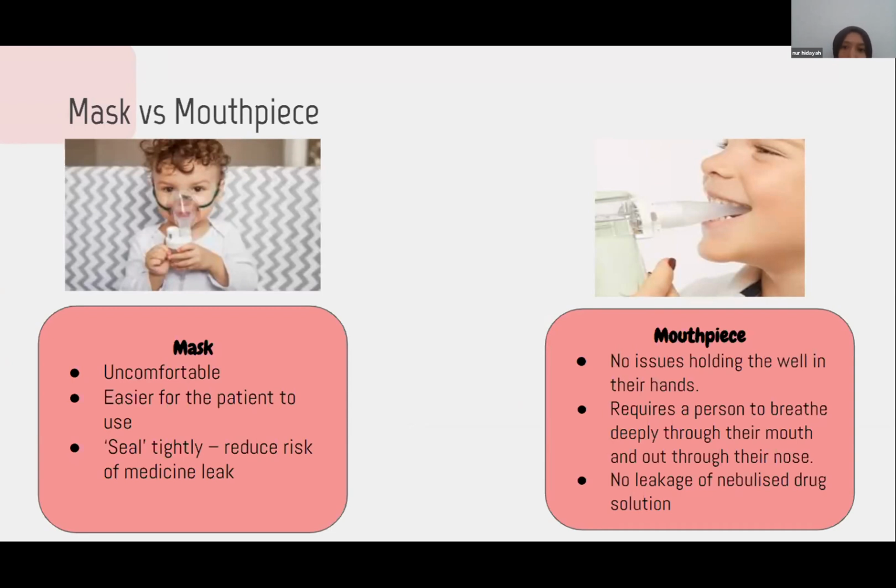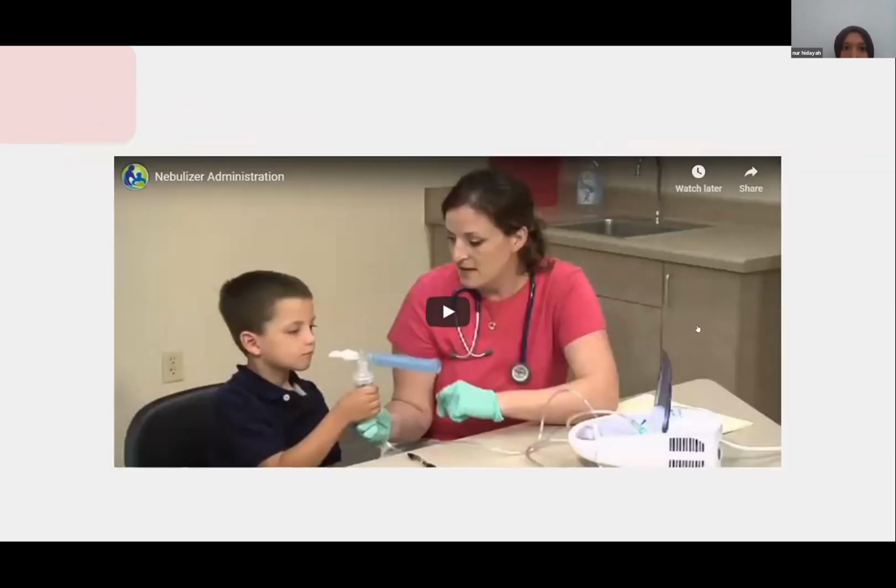And the next one is mouthpiece. For patients who have no issues holding the mouthpiece well in their hand, and it requires the person to breathe deeply through their mouth and out through their nose, and there is no leakage of nebulized drug solution, so there is no deposition into nasal passage and mouth if we use mouthpiece. So for the procedure of the nebulizer with spacer,